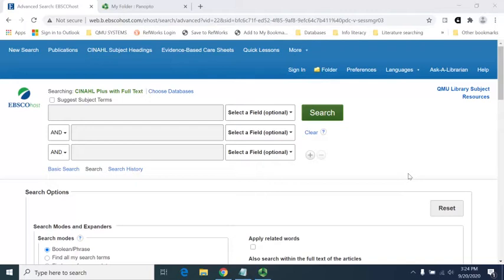This recording will look at exporting up to 50 records from an EBSCO database. In this case, I'm using CINAHL. When you've logged into an EBSCO database using your Queen Margaret username and password, you've effectively logged in at an